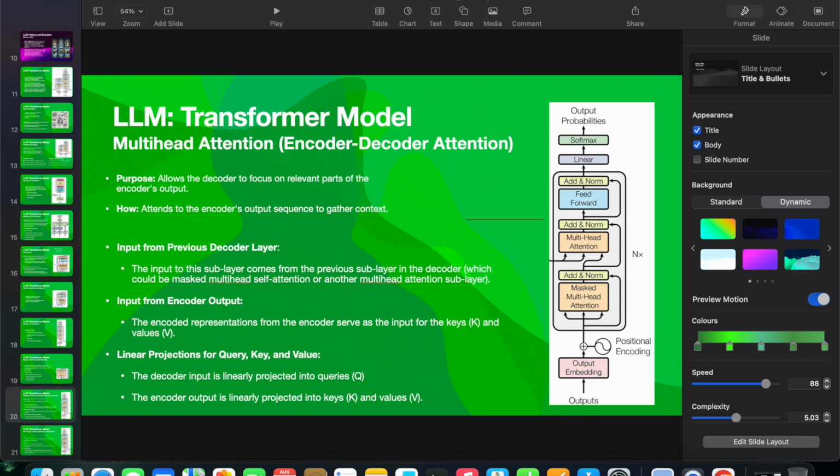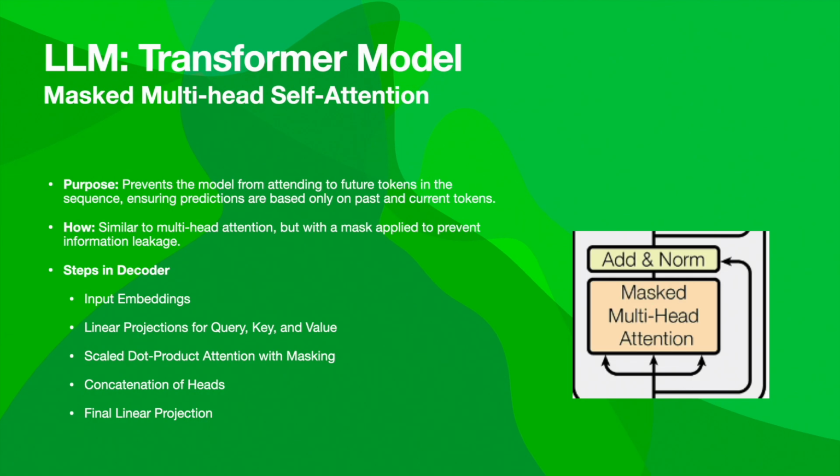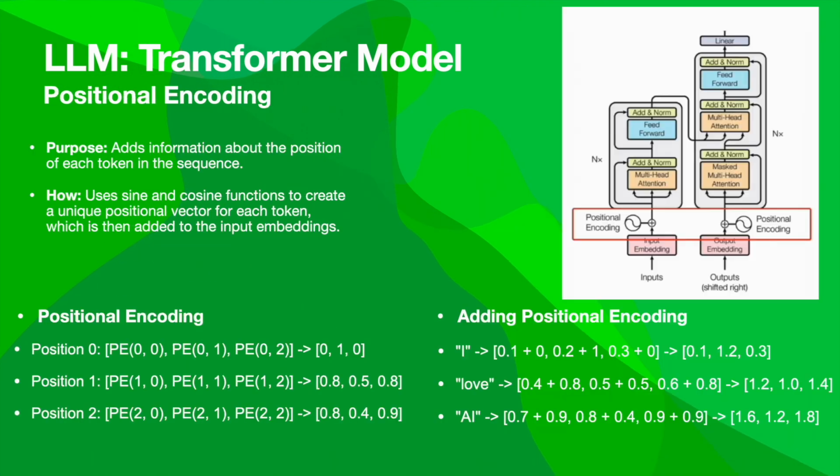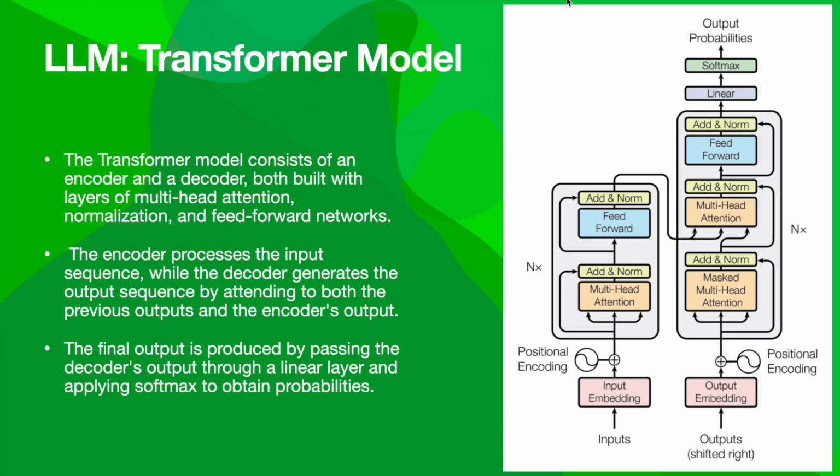In the decoder section, we have already covered much of the things, and in the encoder section also we have completed everything. I hope you have a clear concept about the encoder as well as the decoder. We went through each and every step: input embedding, position encoding, multi-head attention, self attention, and then addition and normalization, and what the decoder takes from the current output of the encoder as well as the previous input from the